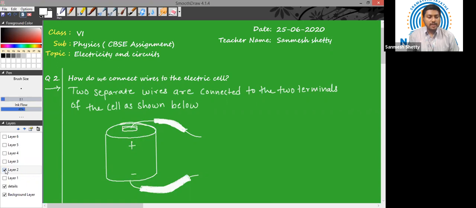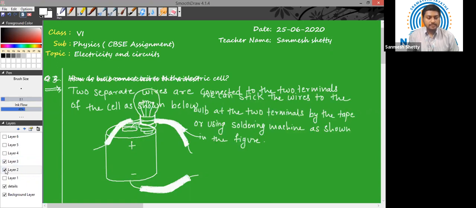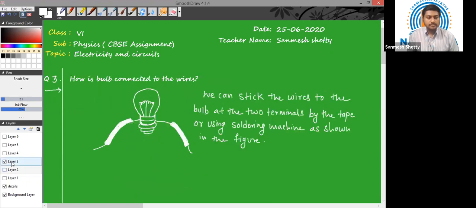Let us proceed further to the next question. Question number 3 is how a bulb is connected to the wires. In the previous question, we asked how a cell is connected to the wires. In this question, we'll explain how a bulb is connected to the wires. Again, a bulb also has two terminals. So we can stick the wires to the bulb at the two terminals with tape. Either we can use tape to stick the wires on both the terminals of the bulb, or else we can